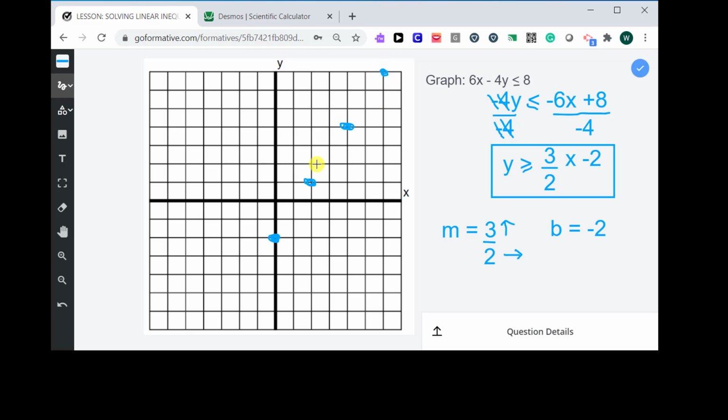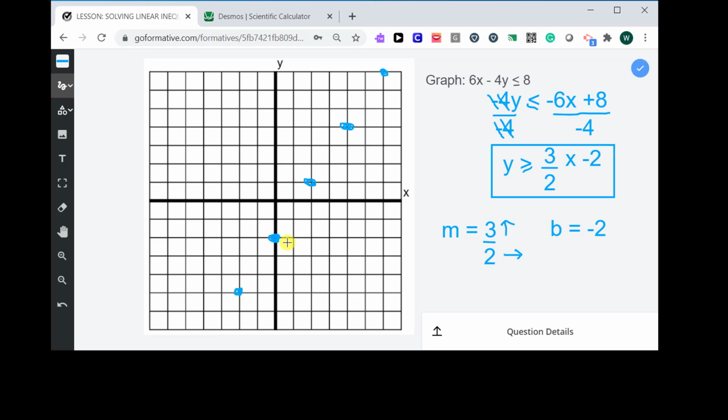Once I fill out the right side, I will return to the starting point, which is my y-intercept, and then I'm going to do the opposite of what the slope tells me to do. So instead of going up 3, I'm going to go down 3 units, 1, 2, 3. And instead of going to the right, I'm going to go to the left, 1, 2 units. And that's going to be my next point. And because I don't have more space to go down 3 and over 2, I'm done with my graph making